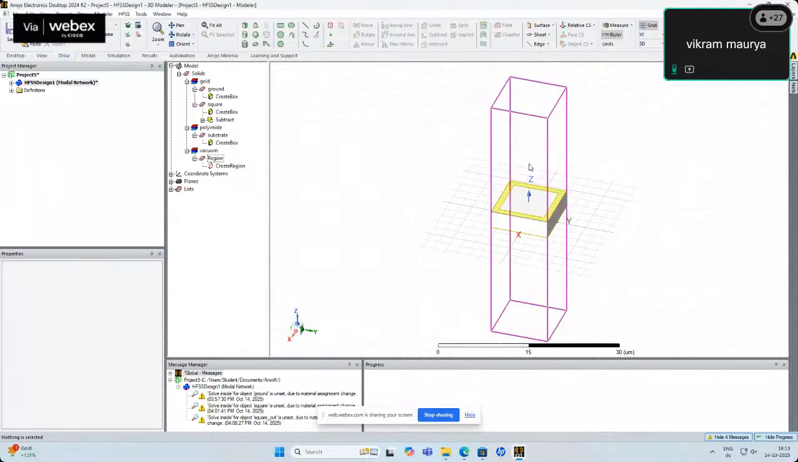Okay, it is creating a box region, and now we will be able to assign boundaries and the excitation on this particular region. And after assigning those boundaries, we will be able to observe the results for this unit cell. Okay, we will take 2 to 3 minutes. After that, we